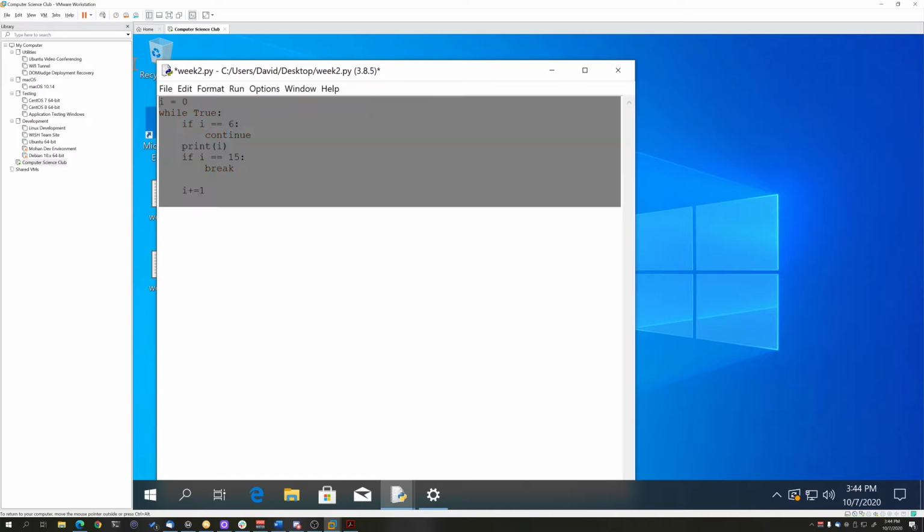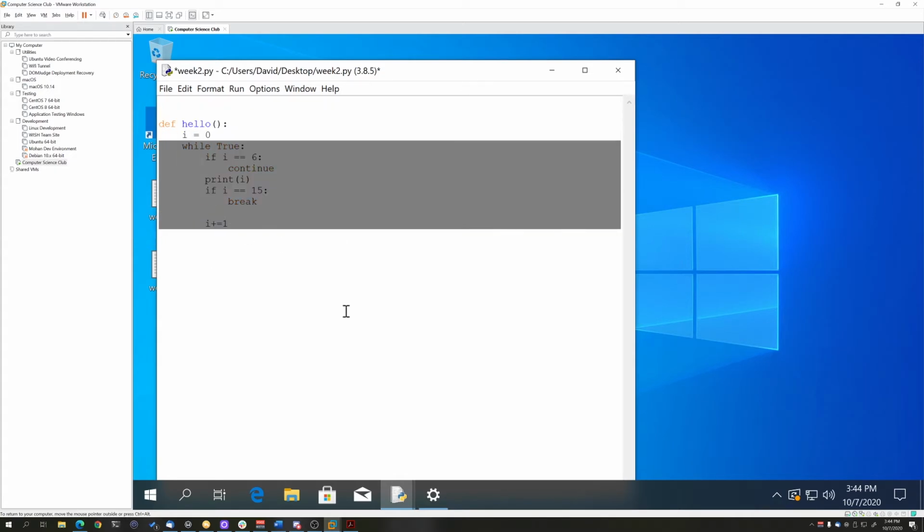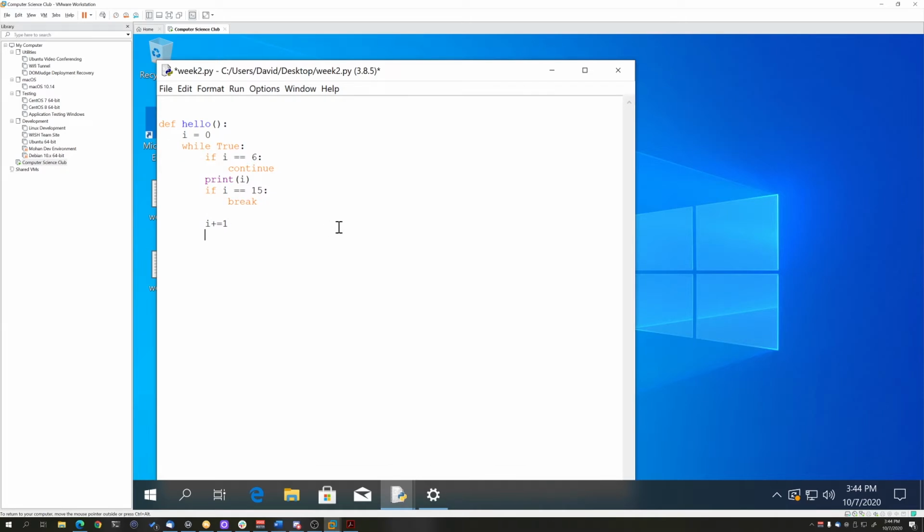So for example, if this were to be in a function, and we'll talk about functions later. Return is to return something, so that means you're stopping the function. So if I do break and I want to do something after this, like say that, if I put return, if I call the function here,